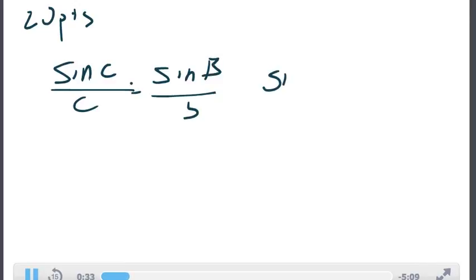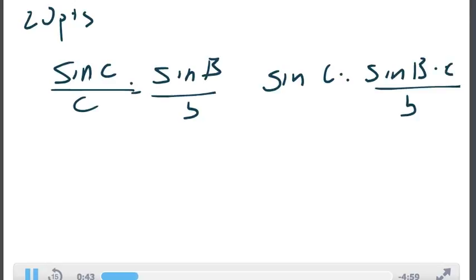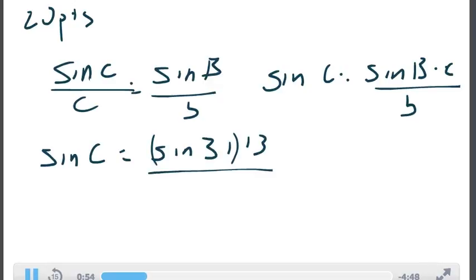We can rewrite that as sine C is sine B times c over b. And that says sine of C is sine of 31 times 13 over 11 is